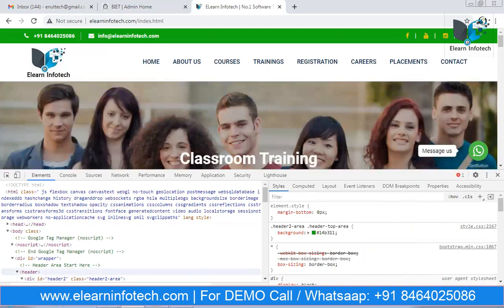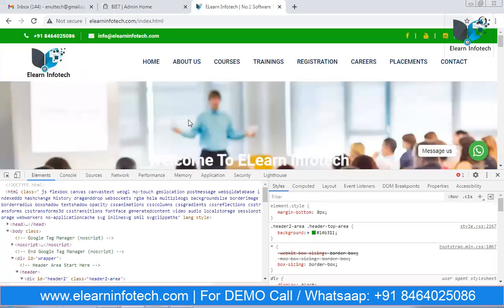So HTML is nothing but raw data. There is no proper look and feel. In case you want to make it look and feel good, at that time we have to use CSS. By using CSS, we can decorate the web page, like background colors, font colors, text colors, you can apply anything.